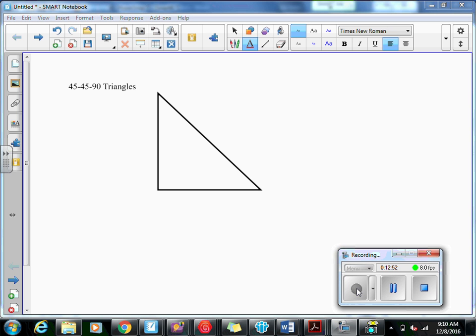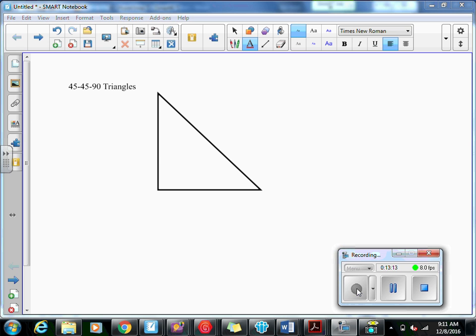And I keep having people ask me, well, Miss T.S., how do you know which one is which? Well, you got to look at the triangles. If you see a 45-degree angle, then you know it's a 45-45-90 triangle. If you see an angle that's either 30 degrees or 60 degrees, you know it's a 30-60-90 triangle. So we're going to talk about the 45-45-90 first, because that's what you're going to need to do number 9